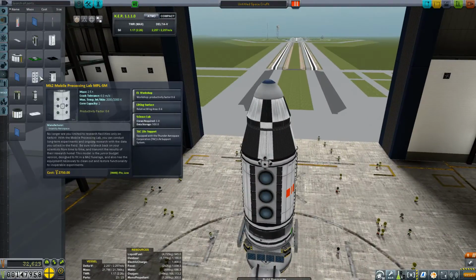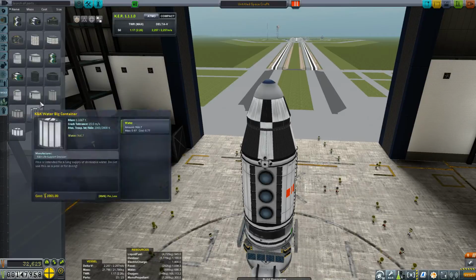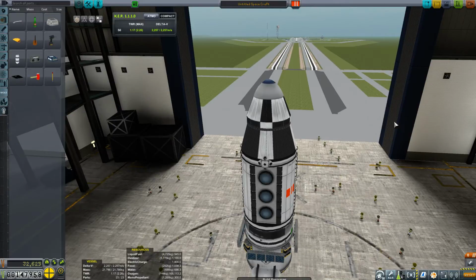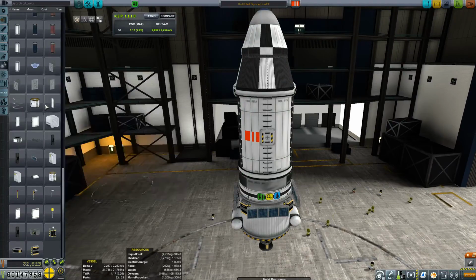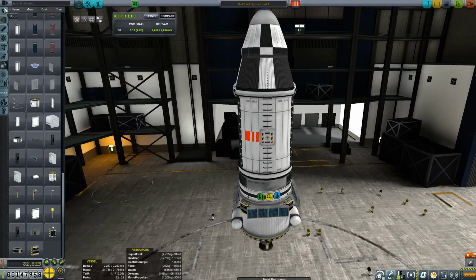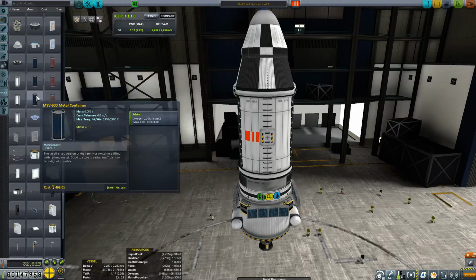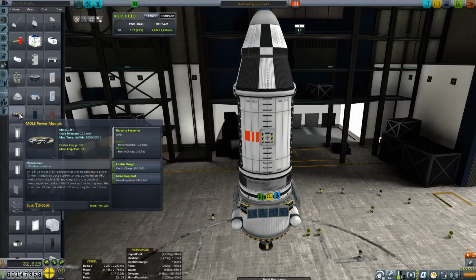Then we also... Oh, that's a space plane. That's cool. So we have life support. We don't need EVA items. Let's see. Oh yeah, I still need to get rid of the parts from the